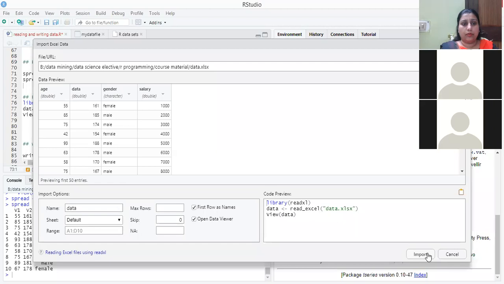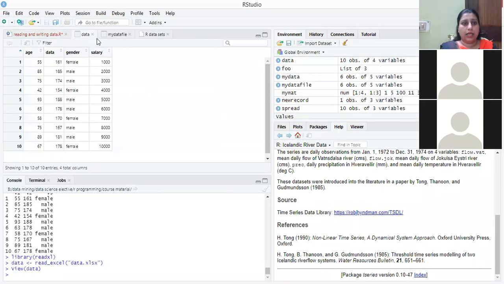You just click import and the data appears. So this is the data which is present in your data.excel file: age, date, gender, salary. So you can read the Excel sheet also by two means, either convert it into a comma separated file and write read.csv, or you can directly import it from the environment.